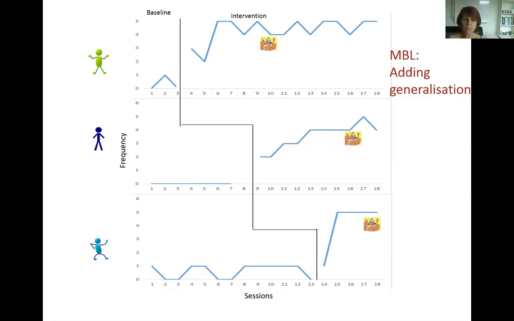And sometimes this is done by having somebody else do the intervention, particularly parents. So we as a clinician might be doing most of the sessions, but every now and then we might say, okay, Mum or Dad, you come in and you have a go,